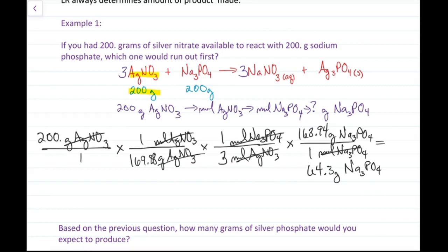Okay, so hopefully you came up with the same answer I did, which is this number down here, 64.3 grams of sodium phosphate. And that amount, notice it's not how much I have. I have 200 grams of sodium phosphate. What I just figured out is how many grams of sodium phosphate I need to react with 200 grams of